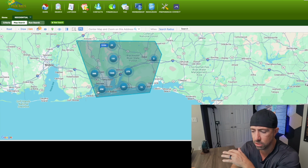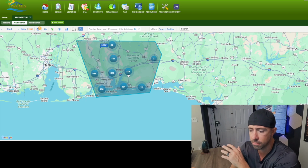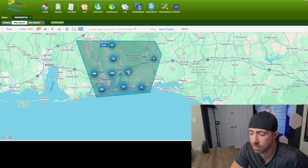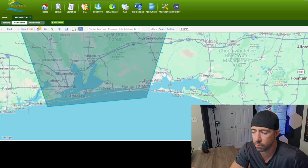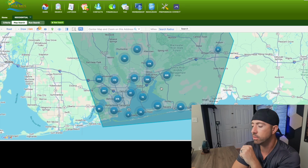It falls a little bit behind that eastern portion of Milton over here. And then you can see these few other areas. But let's zoom in a little bit, because then it really starts to break down where these areas are at. Because even if we zoom in, you can see right here